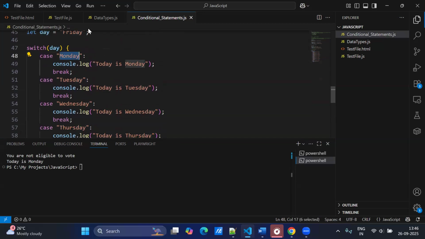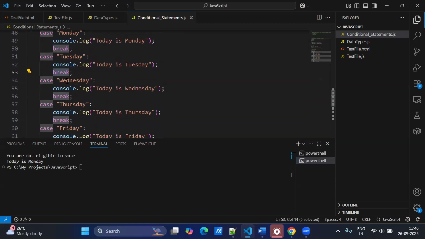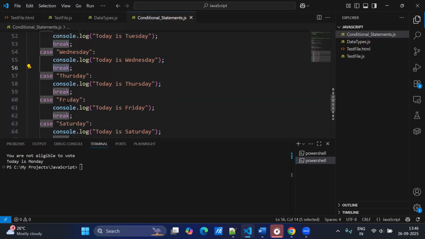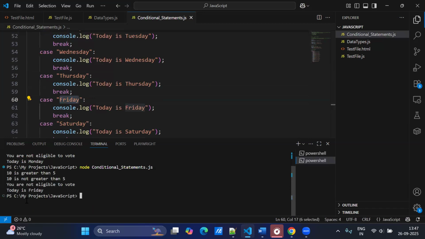It will check. No, this is not the case. Friday, today not Friday. It will continue. It will execute the next one. Next day, Thursday, Friday. So Friday it will check. Then it will break. Can you see here? Today is Friday,